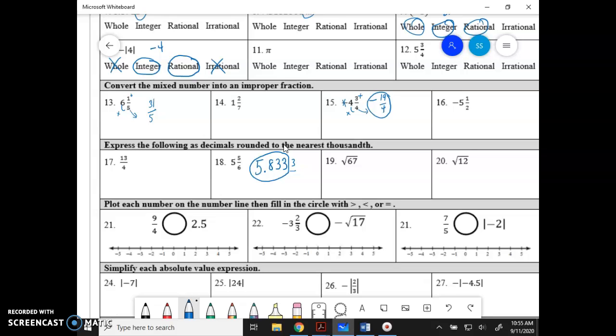So remember, hit the second key so you can get those second functions, and then the x squared button. So you're going to get the square root symbol on your calculator. Press 67. Looks like this one's already in simplest radical form, so it just kind of spit out the same answer. And then you're going to go to the bottom right hand corner, and there's that arrow going left and arrow going right key. Press enter to that, and I get 8.185352337. So I'm going to write a few out. So it's